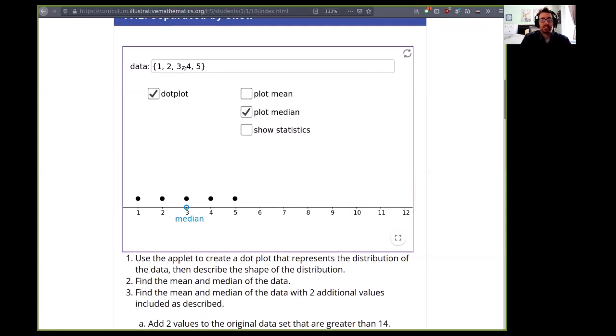Well, as long as the data is in order, we can always see that the median is going to be in the middle. And so what's going to happen if we put a 2 in the beginning? Well, then there's 3 numbers below, counting 2, and there's 3 above. So it's going to be right in between there, right? So the median in this case would be 2.5. So if we put another number above, like if we put in another 4,